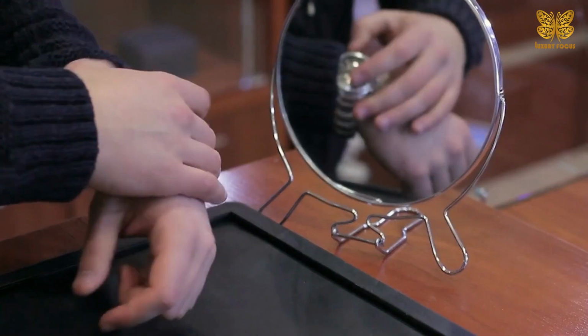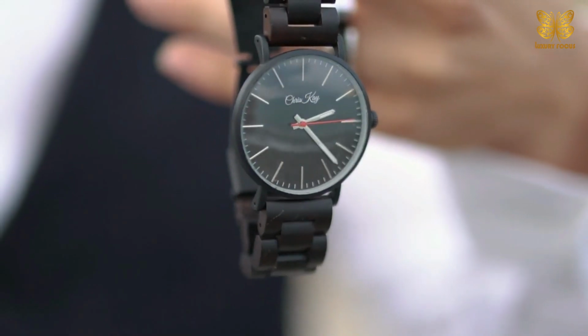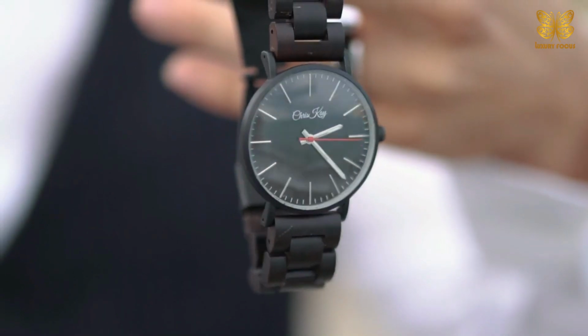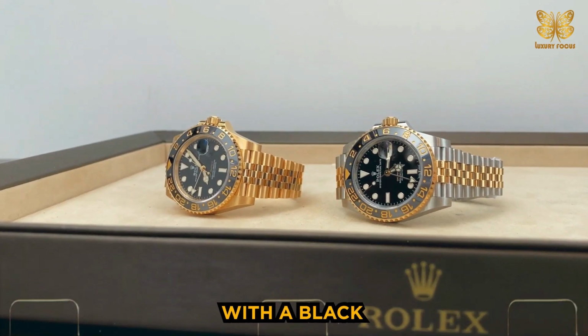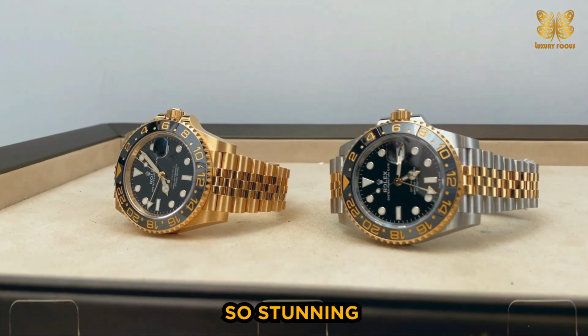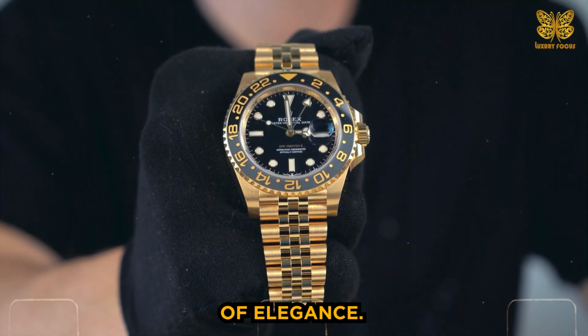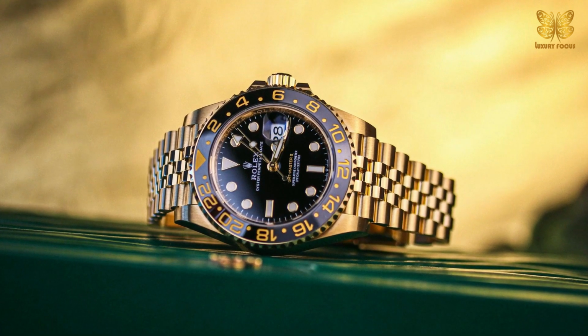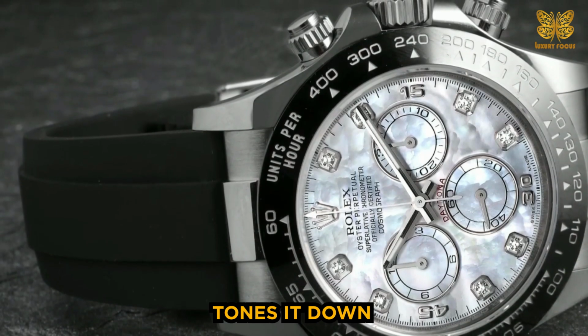After trying on some beautiful watches, including the Daytona, I've come to fully believe that, for fully precious metal watches, the Jubilee bracelet works better than an Oyster bracelet. This is why I find the new GMT in yellow gold with a black and gray bezel so stunning. The Jubilee bracelet adds an extra touch of elegance. But along this spectrum of bracelet styles, I find that the Oyster Flex bracelet tones it down just enough for